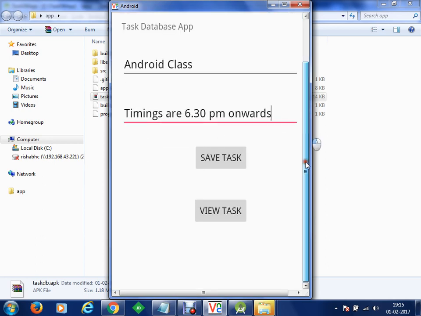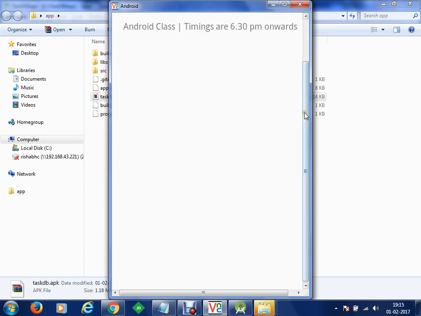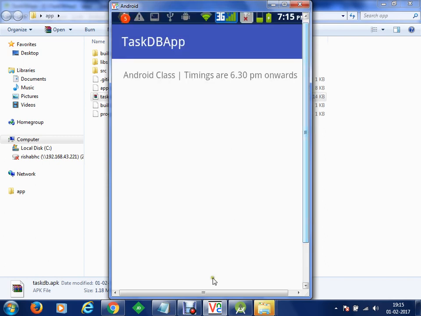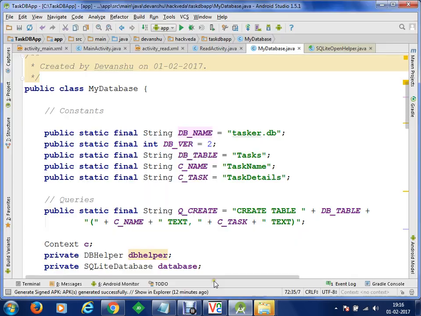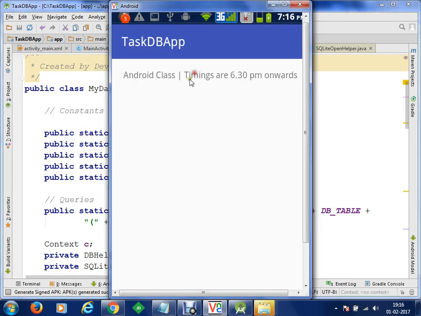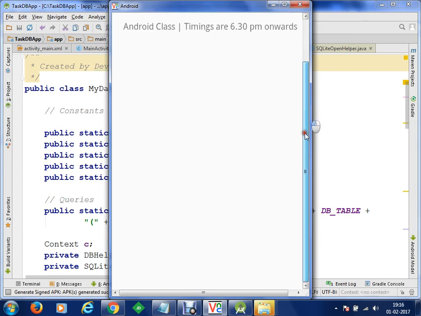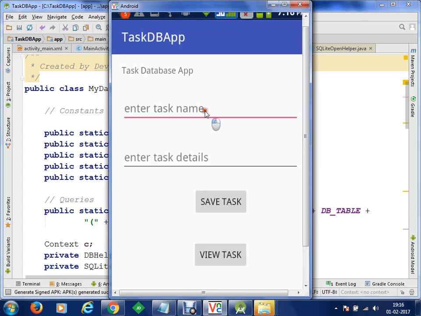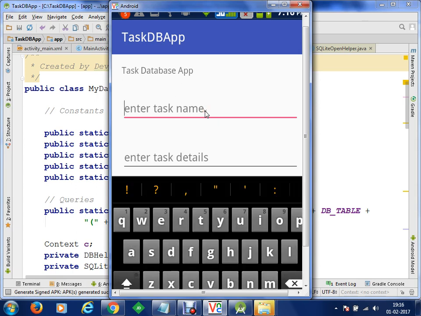Here we'll go to view task. This DB name, how it came, task. Here your data is being displayed in your results. If we get back again and save one more value, let's say we enter another task, ethical hacking, and postponed.